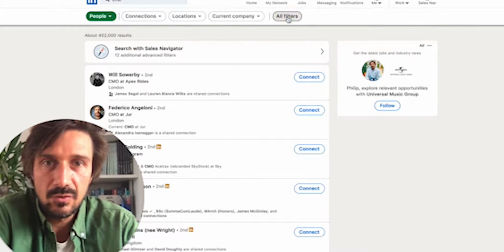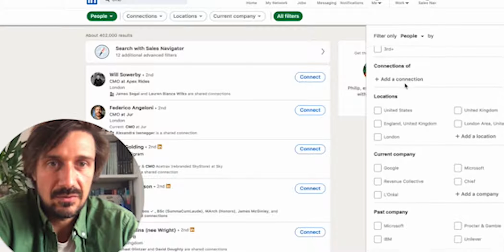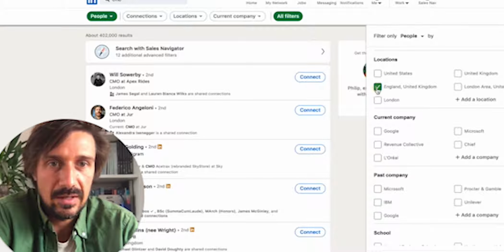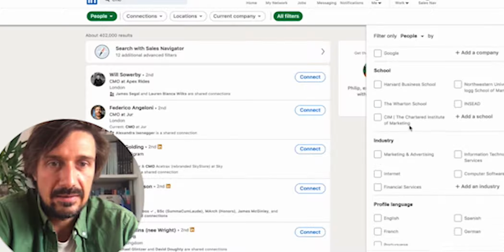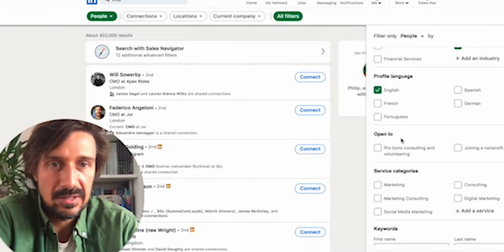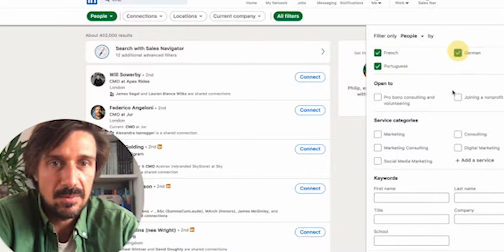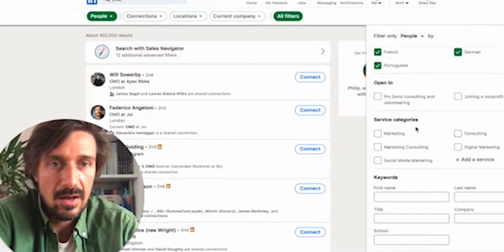and then you go to all filters here, and it doesn't have to be second or third, it doesn't matter. Let's call it in the UK. And if we scroll down here, for me, it's really important to have computer software, and English speaking would help, but that's not 100% necessary. I could have actually French, Portuguese and German because I'm in Europe. And this doesn't matter. So we're just going to search